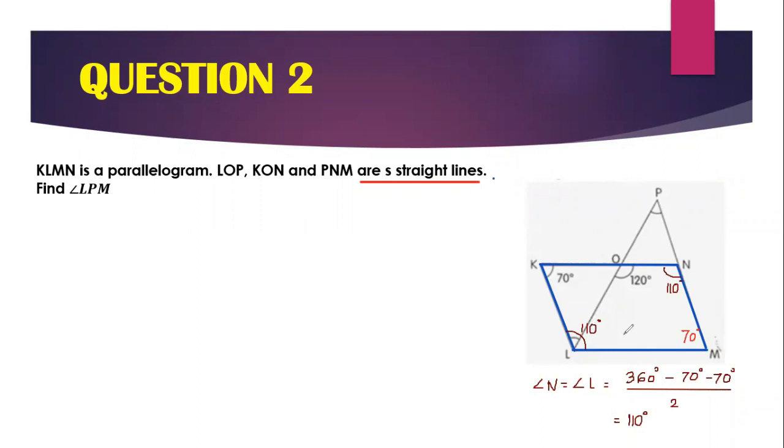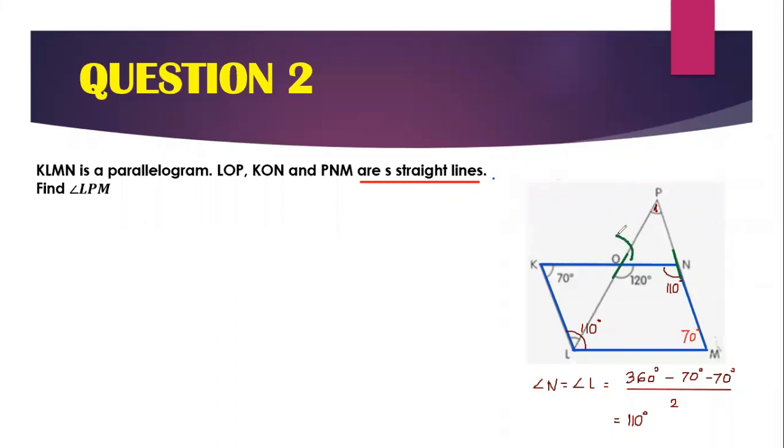Okay, and next, what else? The question is angle LPM. That's very easy, right? This is a straight line. This one is a straight line. Very easy, right? Straight line. So automatically we'll find here